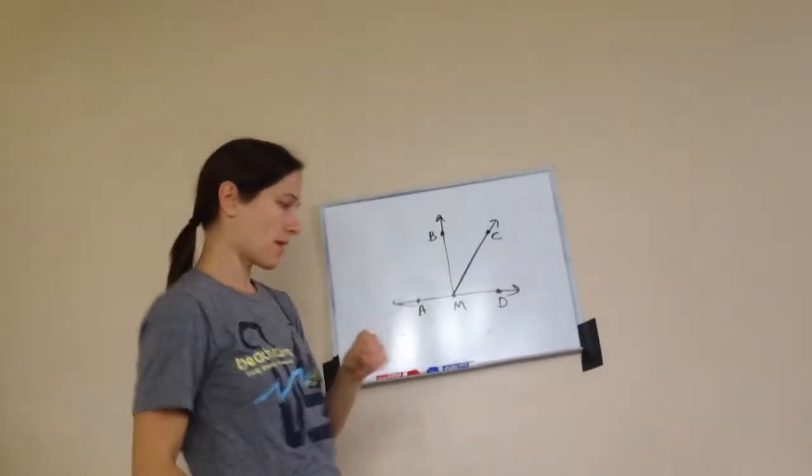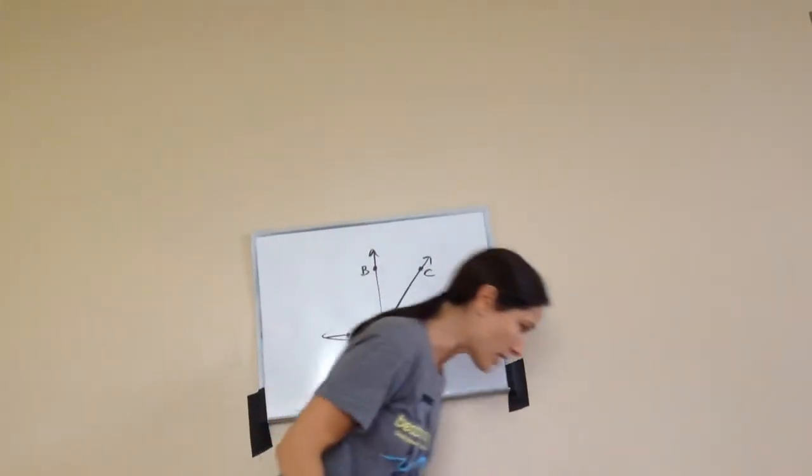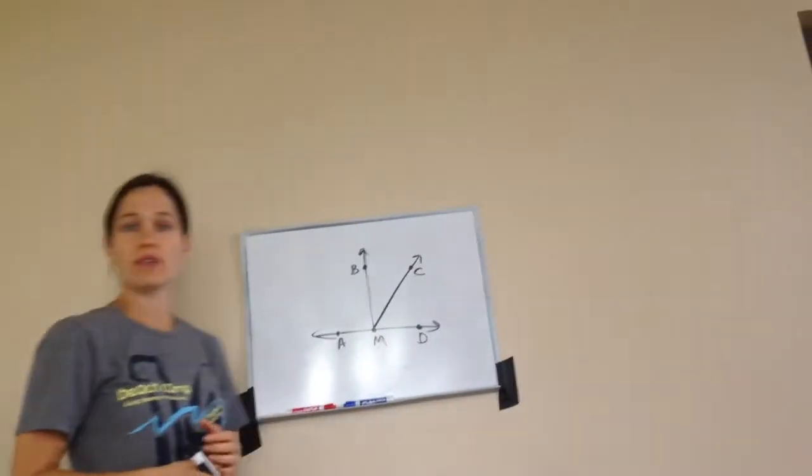Okay, so on the bottom I've got A, M, and D, and then I've got B up here and C right here. So I've got A, M, D, B, and C. All right, and the question they asked me is that there are several angles in this figure. They want you to name